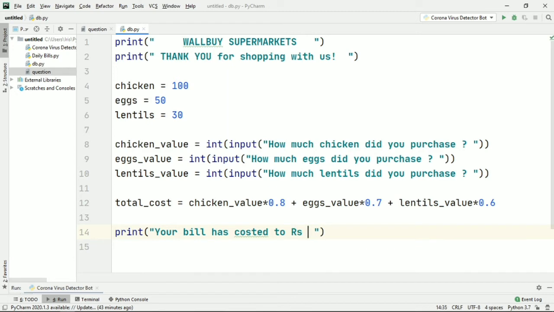Okay, so it will say that our bill has costed 2 rupees, total cost. Now we have also been asked how much our savings are, right?